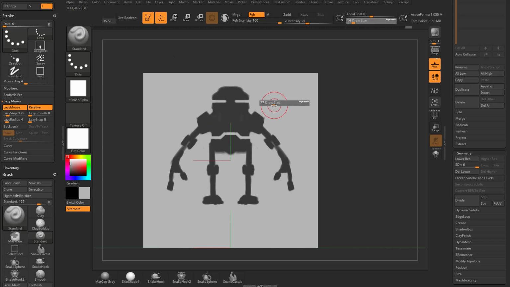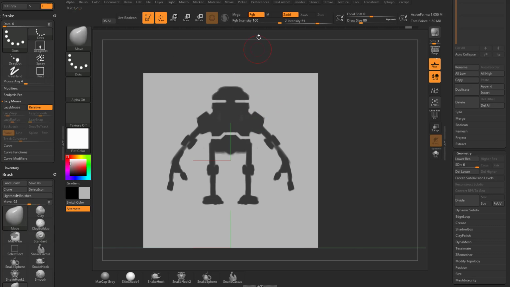Now if you want to blur anything, you can hold down Shift, and you're going to see with the smooth brush, which is a modifier, is going to turn Z-add on. If you only want to smooth the RGB information, turn Z-add off, and now you can just smooth and blur this out. However, sometimes it is useful to smooth just the deformations out, and why I say that is